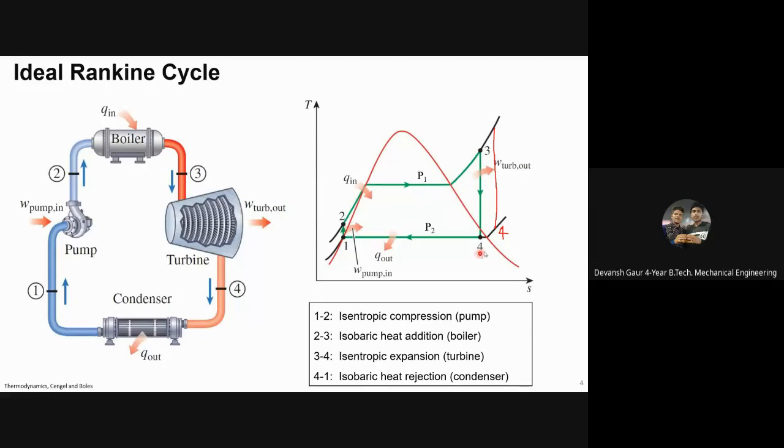Superheated vapor. So why should I waste energy here? I will try to expand such that I become near the saturated region. I don't want to have a superheated vapor at the exit of turbine. So 4 is at the exit of turbine. I want to use maximum energy, so I will try to be near to this point.